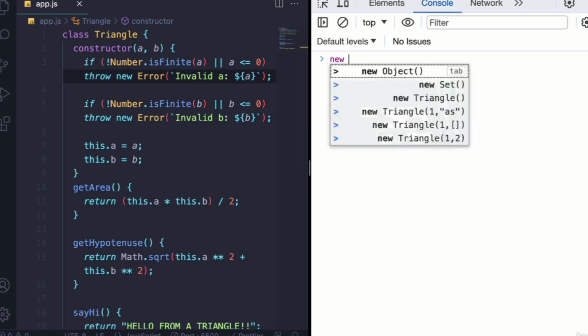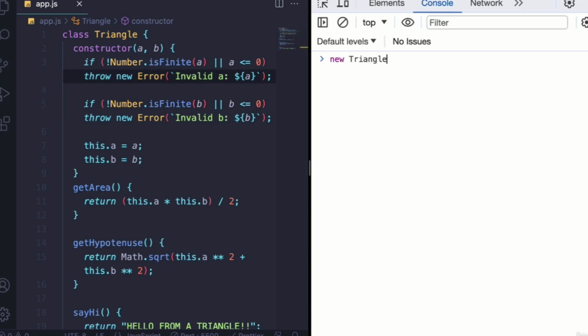It is automatically called for us, as we know by now, when I create a new triangle using the new keyword followed by my class name, followed by parentheses. Any values I pass in here will be passed to the constructor automatically. And now we can see a new object. A is set to 2,